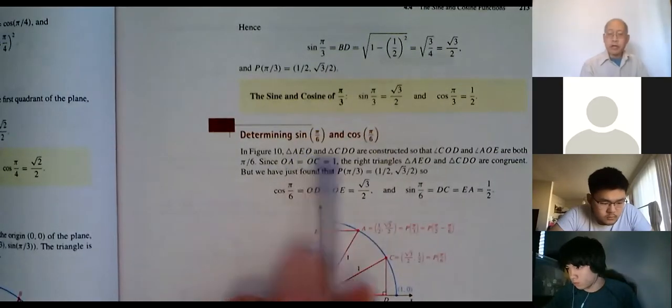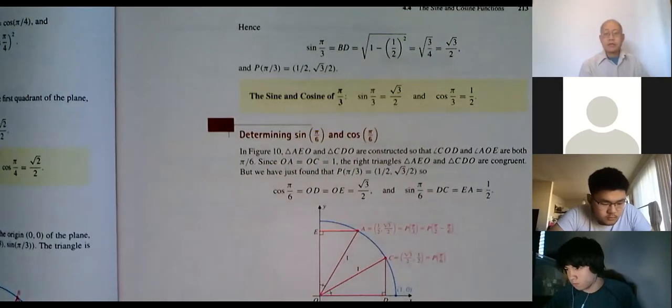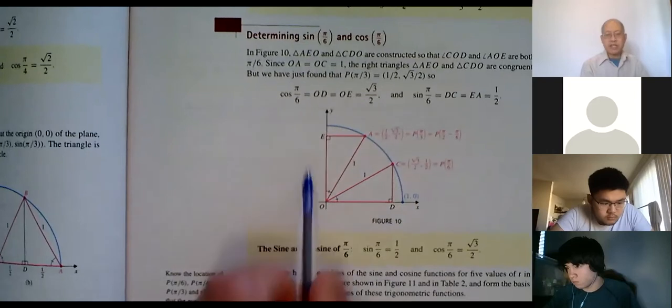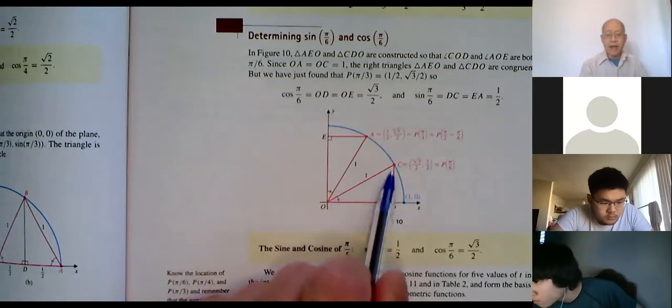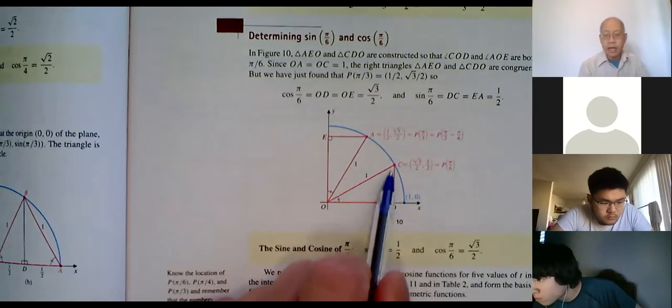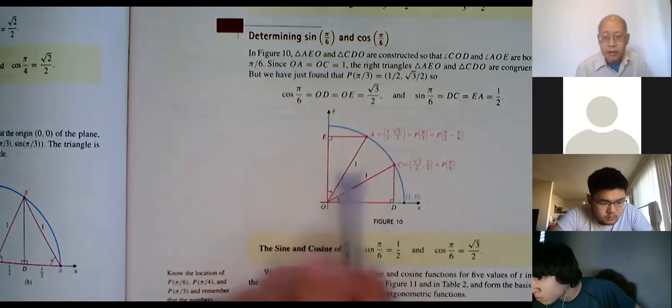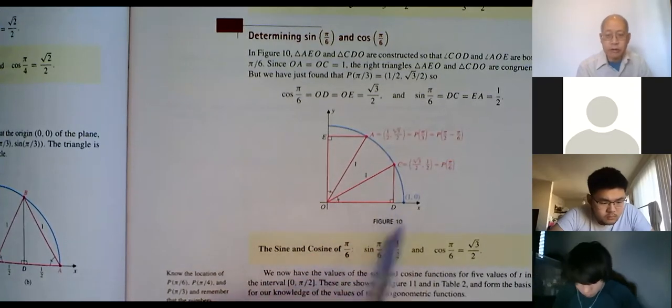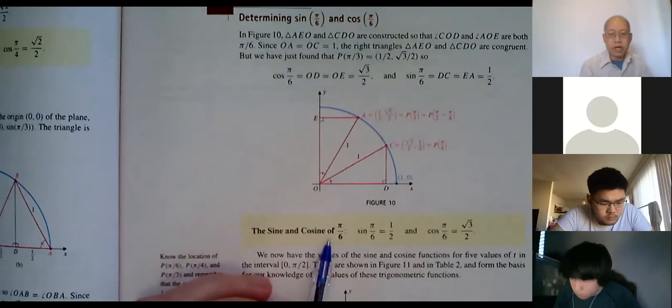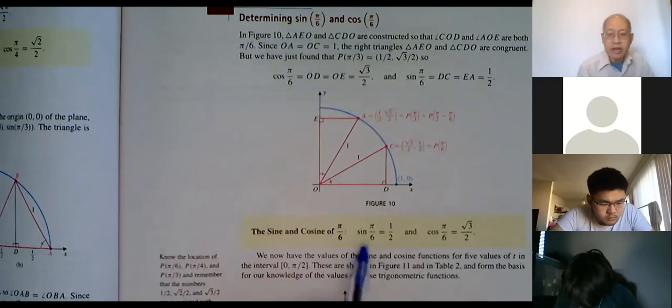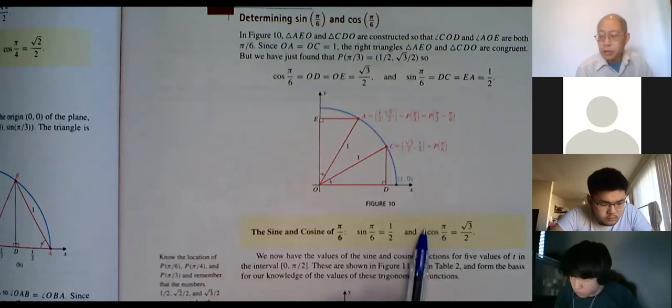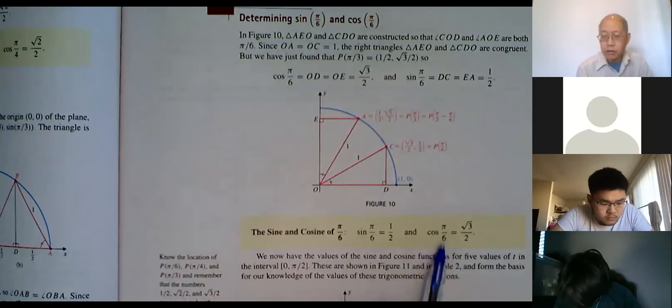Okay, for 30 degrees, pi over 6, you just reverse them. You pretty much have the same picture. Just draw this picture back down over here. Now it looks like the y coordinate is half, which means the x coordinate is radical 3 over 2. So here's the sine and cosine of pi over 6. Sine of pi over 6, or sine of 30 degrees, is 1/2. Cosine of 30 degrees, sorry, cosine of pi over 6, radical 3 over 2.